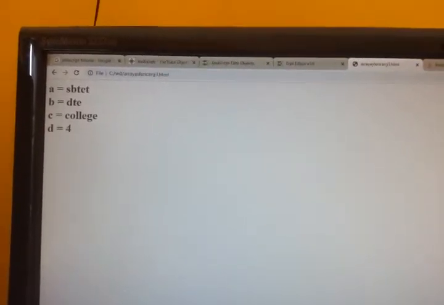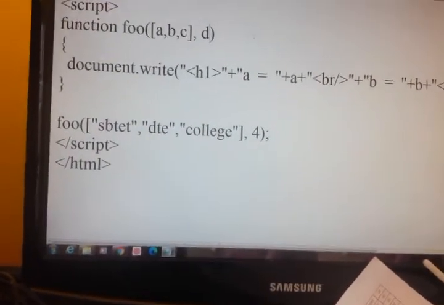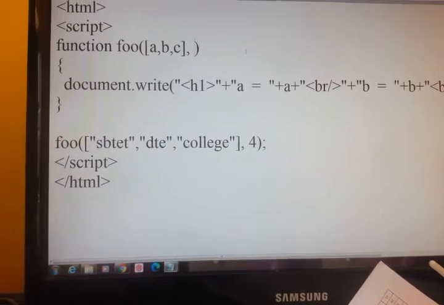Now we'll see whether it takes multiple parameters for the array.